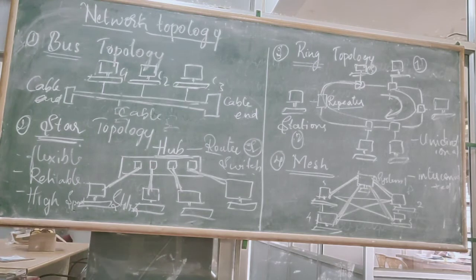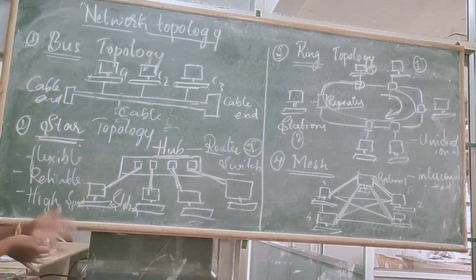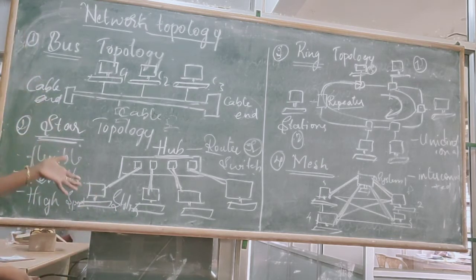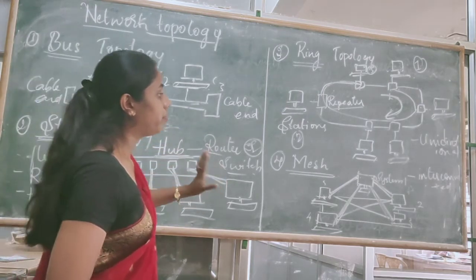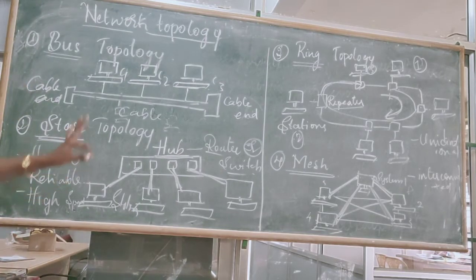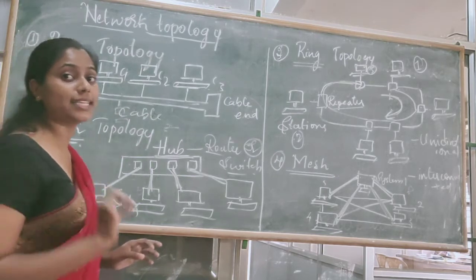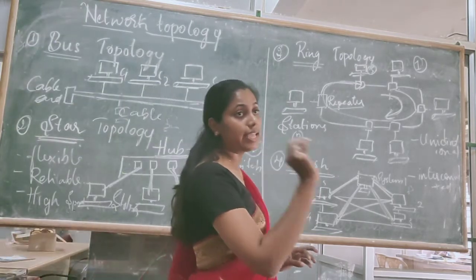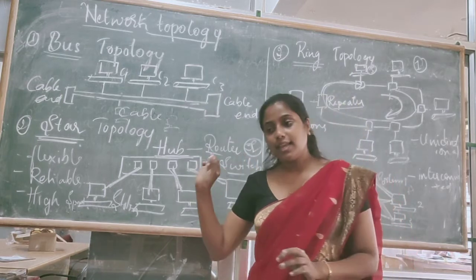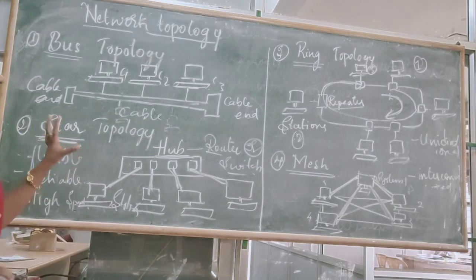So these are the 4 important topologies of the networks which you have in your syllabus, that is bus topology, star topology, ring topology and mesh topology. Okay, so I hope you are clear with all of these things. For the diagrams, please refer to your textbooks. Whatever is there in your textbook, you have to write the diagrams as it is in your exams or in your notes or anything. Okay, so next we will see